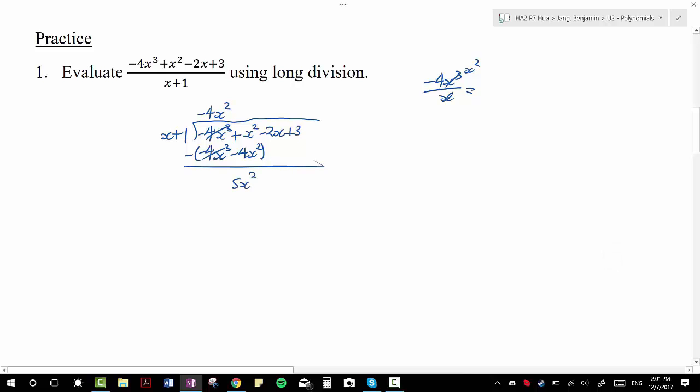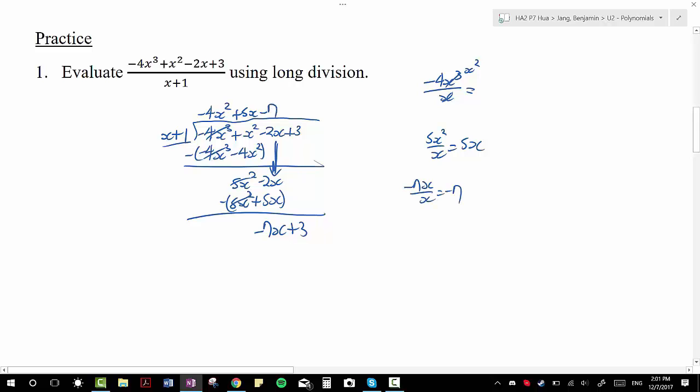which cancels out, and this becomes 5x squared. How many times does x go into 5x squared? 5x times. When you multiply 5x into the divisor and bring that down, this happens, and this gets cancelled, and it becomes negative 7x plus 3. And how many times does x go into negative 7x? Negative 7. So negative 7, multiply that into the divisor, negative 7x minus 7,